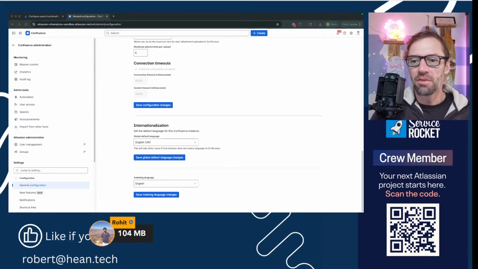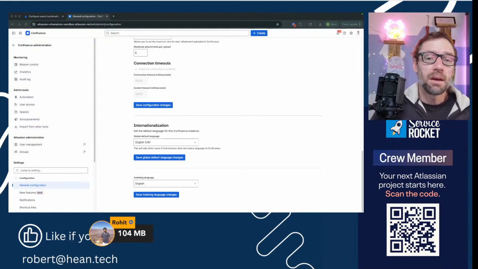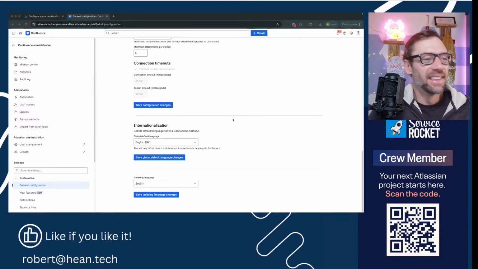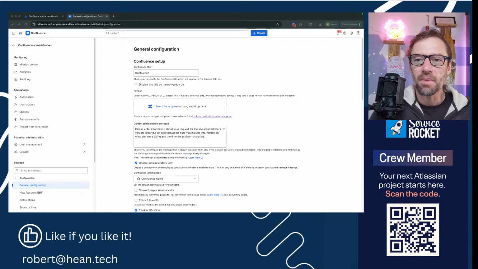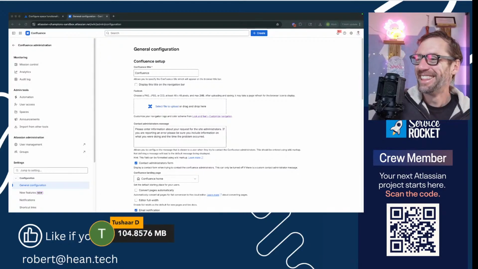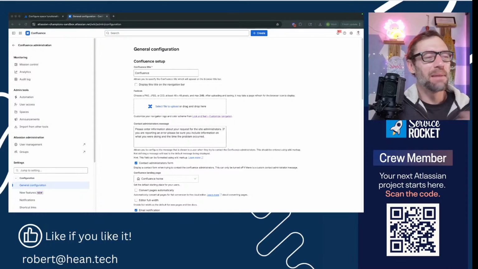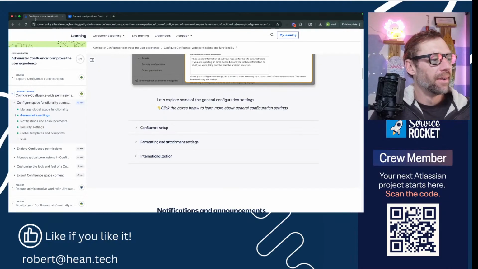It's about 104 megabytes. Why they make it 104 and not a nice round number like 100, I have no idea. Tushar is more specific. Yes, in my mind, that's a very odd size to have as the default. Why the 4? Anyway,